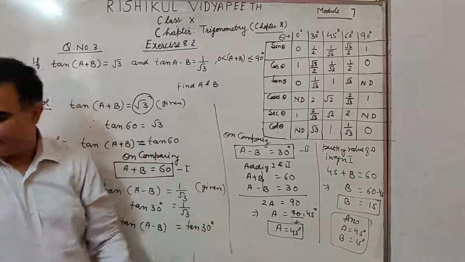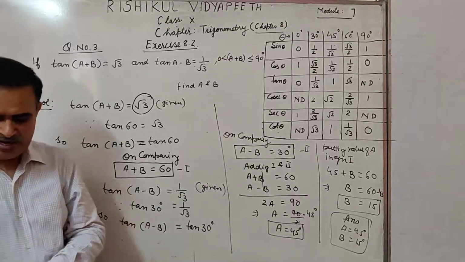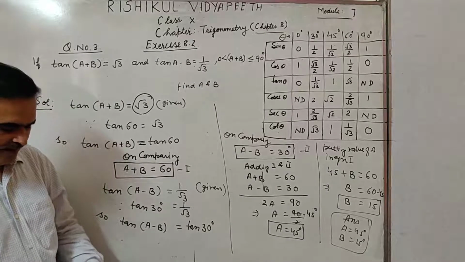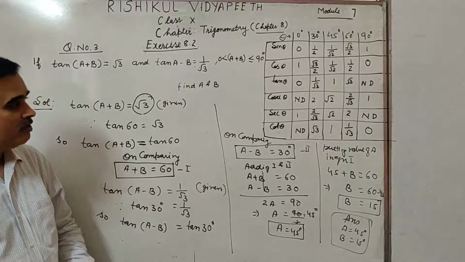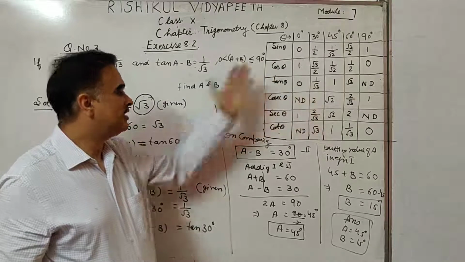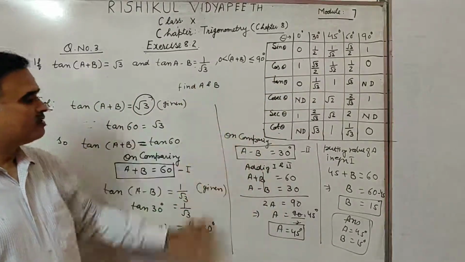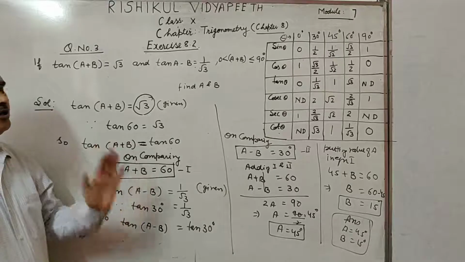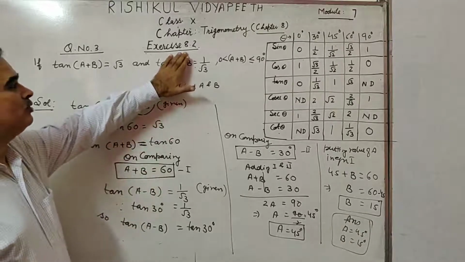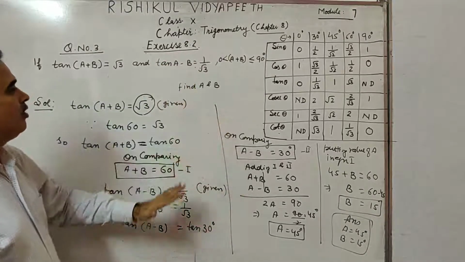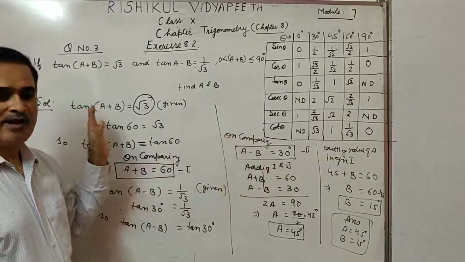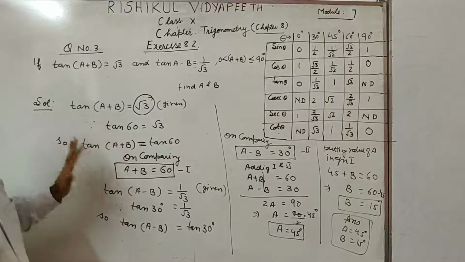The same question is example 8 also. This is the same question. What has been given to you? If sin(a minus b) equal to 1 by 2, cos(a plus b) equal to 1 by 2. Then you go in sine, and then cos, and then compare, and then add, and you will get the answer in the same way. So you try to solve this example also. So my dear students, in this exercise 8.2 there is nothing more. It is only based on the values of these trigonometric ratios. You just have to put the values and then solve or evaluate it.